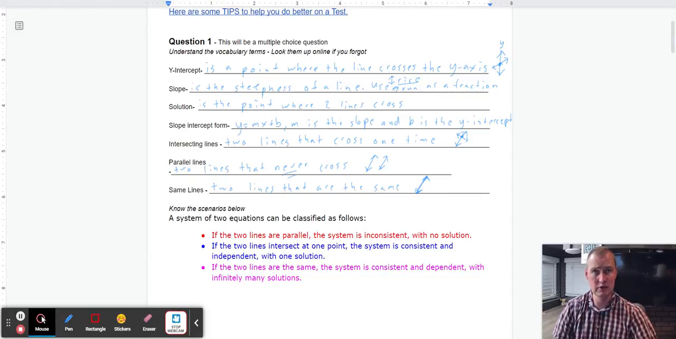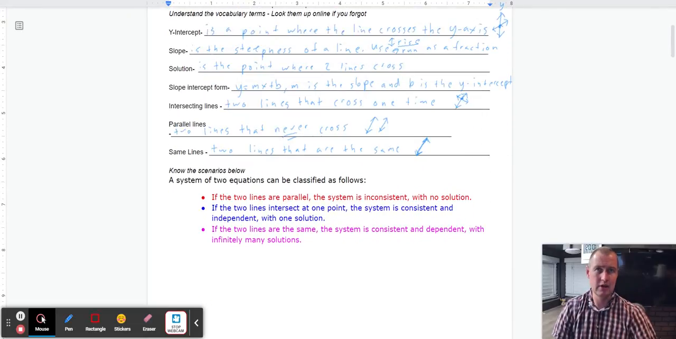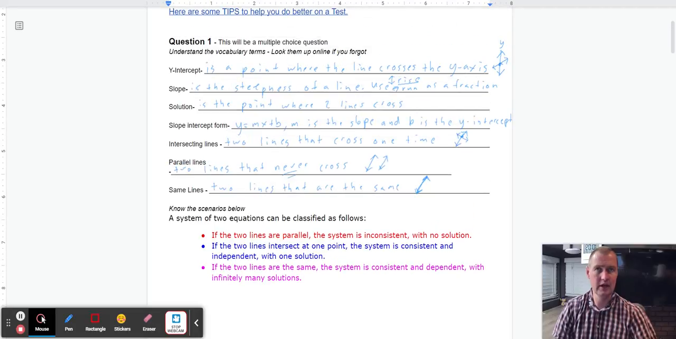So remember, if the two lines are parallel, the system is going to be inconsistent with no solution. So we've talked about this many times. If two lines intersect at one point, the system is consistent and independent with one solution. And also remember that if two lines are the same, the system is consistent and dependent with infinitely many solutions. So if you got this vocabulary down and you understand these three scenarios, you're going to be just fine on